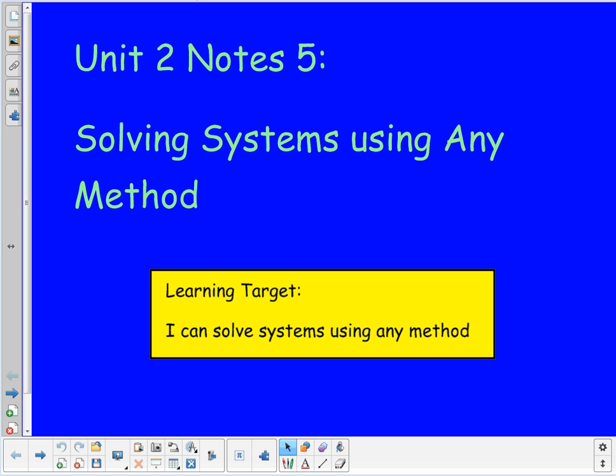Today we're talking about solving systems using any method. More specifically, we're talking about how do we decide when to use substitution and when to use elimination. So we've got these two methods of solving systems, but how do we know when to pick each one? So,